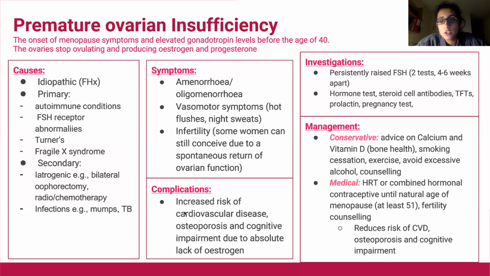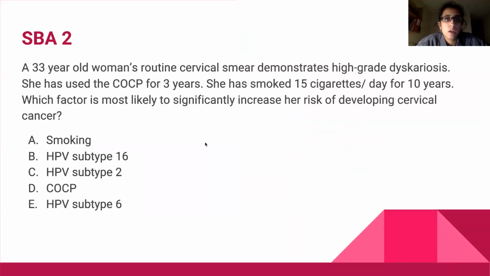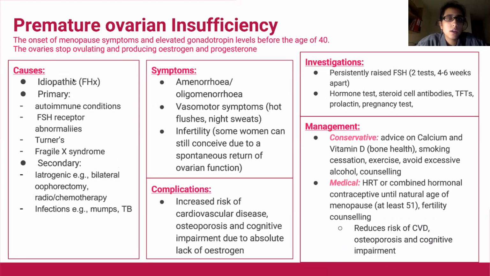Traditional HRT is preferred to giving someone back-to-back combined oral contraceptive pill, just because of the components of the different types of estrogen and progesterone that are in HRT. I think it has a better profile on the blood pressure as well. Importantly, it's important to counsel on contraception as well if the patient doesn't want to conceive, as there is still a risk of conception. So that's sort of issues with the menstrual cycle.